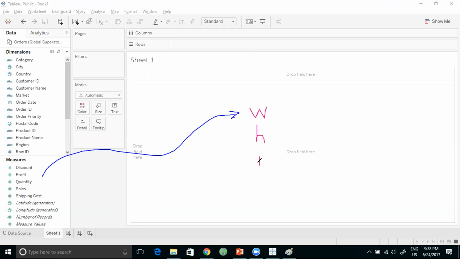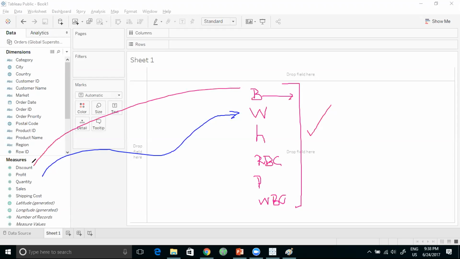Now, little things like, what is the red blood cell count, or what is the platelet count, or what is the white blood cell count, right? Or you look at things like what is the bilirubin count, which is infantile jaundice, which a lot of people are afflicted by if they're born prematurely or if they're born through a surgery. So all of these are metrics or measures that measure how well the baby is doing when the baby is born. Now, all of these are measures.